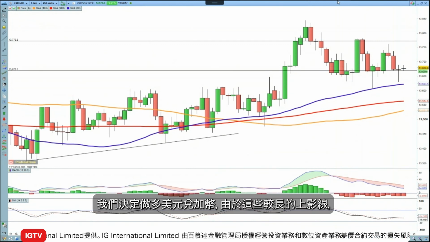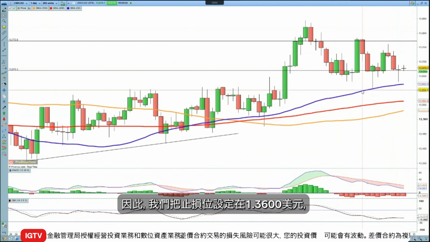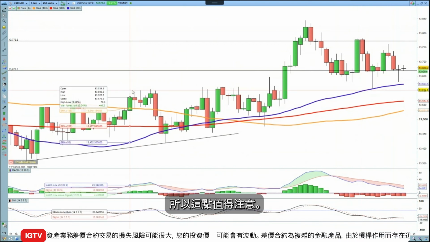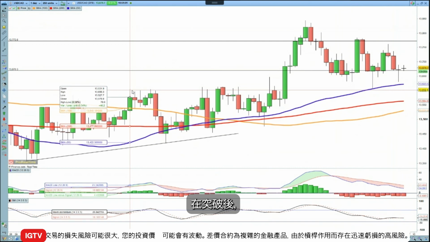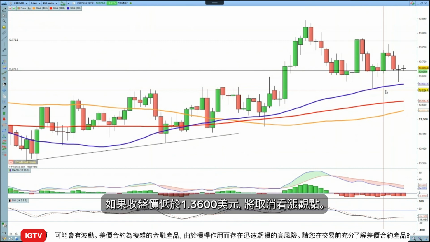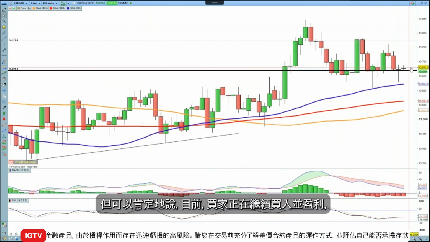So we're looking to go long dollar CAD. With these long wicks, we do have to give it quite a bit of a wide stop. So we put our stop down at 136, which is also an interesting area where resistance was before. So that's something to note, that resistance becomes support following that break higher. So a close below 136 would negate the bullish view, but certainly for the moment, the buyer stepping in,